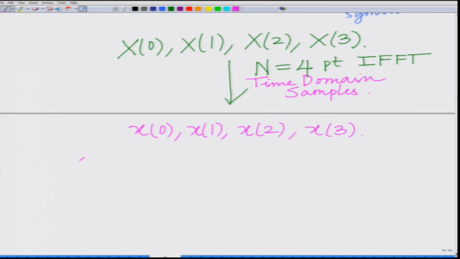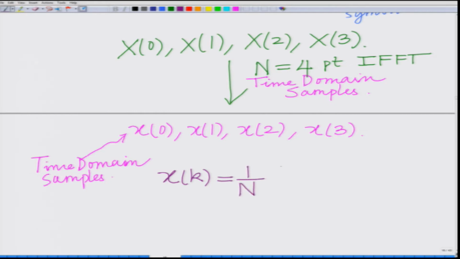These are basically, you remember, these are the time domain samples. And these are generated as xk equals, as we said, these are the N point IFFT summation